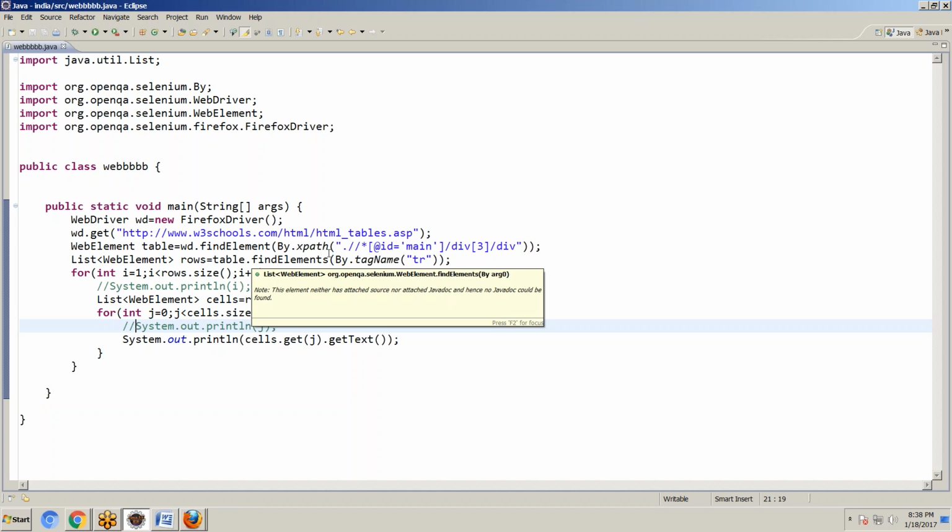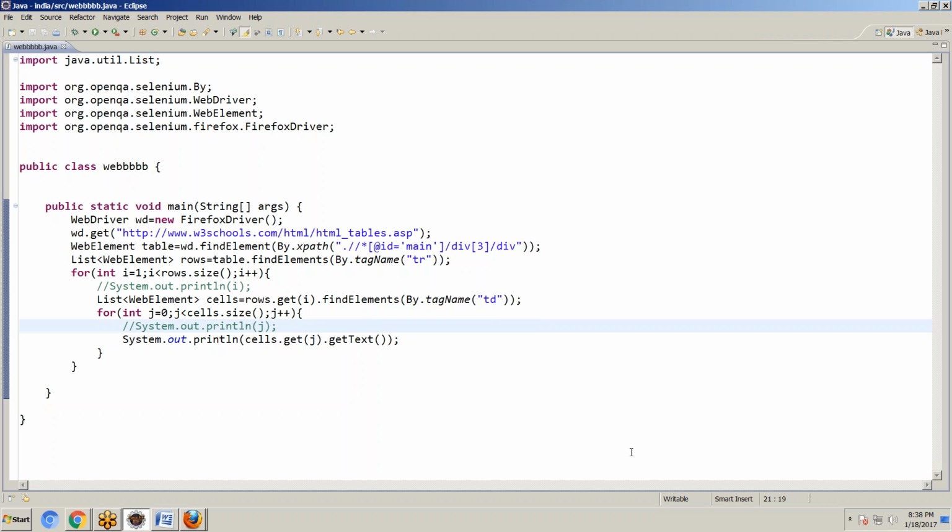Next, if it is a table, what will the table contain? Number of rows and number of columns. Columns means cells. So first I want to find the number of rows. List WebElement rows equal to table.findElements. If it is not a single row but multiple rows,